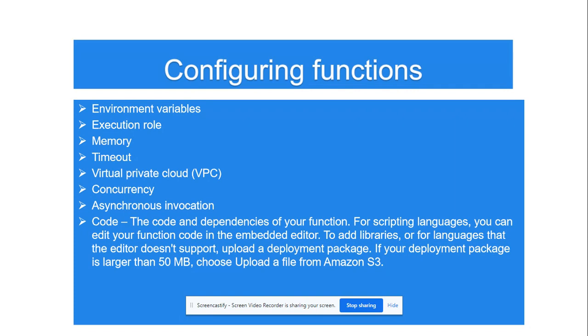Now we are going to see that these are the configurations of functions. So when you configure it, what are the parameters there in the Lambda functions? Okay, so environment variables. Environment variables is nothing but you can pass your variable to the Lambda functions and you can reuse it. For example,